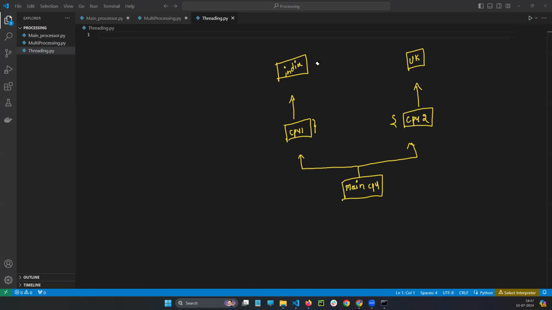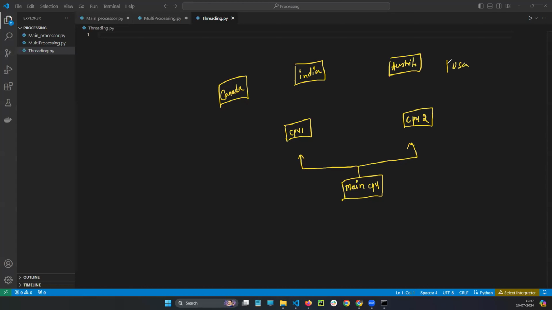But see here, this we have already seen. Now what I'm going to do is, there are 4 functions. One is the Canada function, one is the India function, one is the Australia function, and another one is the USA function.